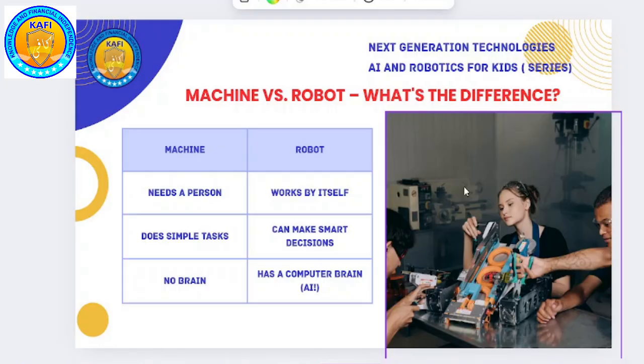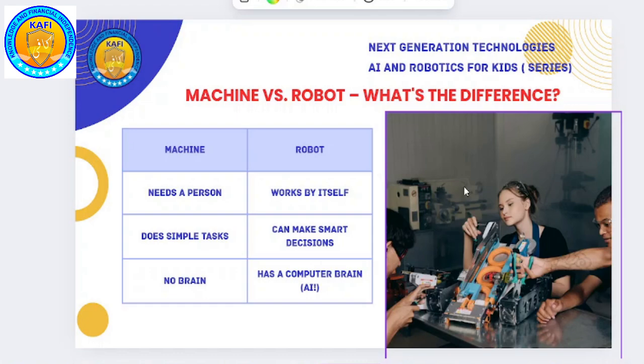But a robot will work for itself. It will know what is the time to bring your clothes from the basket and wash them and put them for drying, and then press them and then put them back in your cupboard. So a robot would work by itself.